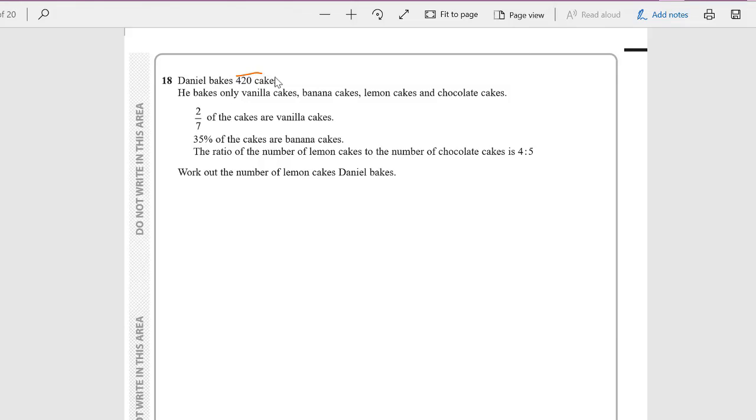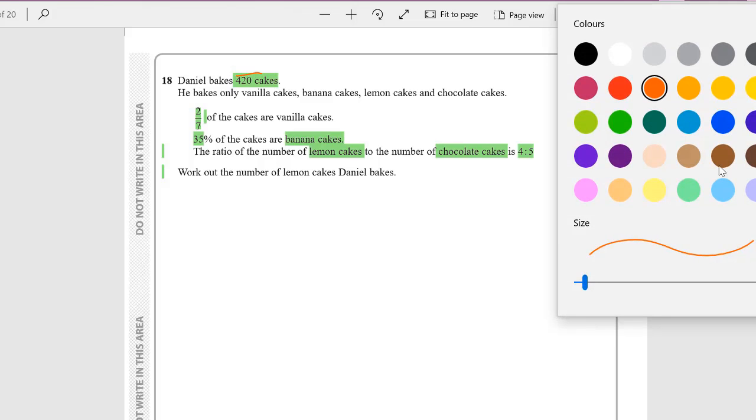So 420 cakes, 2/7 of them are vanilla cakes, 35% of them are banana cakes, and the ratio of lemon cakes to chocolate cakes is 4:5. Work out the number of lemon cakes. Alright, so